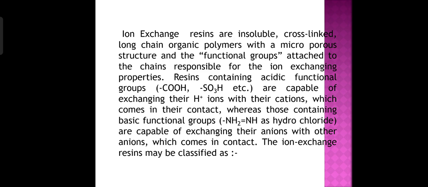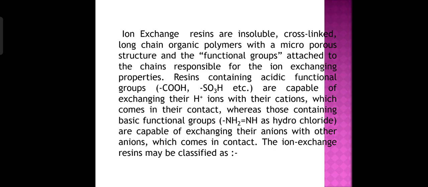Resins containing acidic functional groups such as COOH, sulfate group SO3H, etc. are capable of exchanging their H plus ions with cations. So these resins, having the facility to exchange H plus ions, are used in the cation exchangers, which